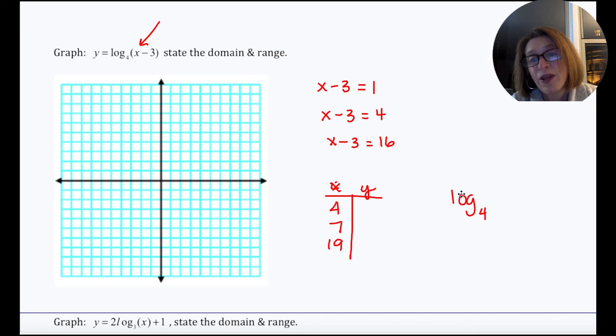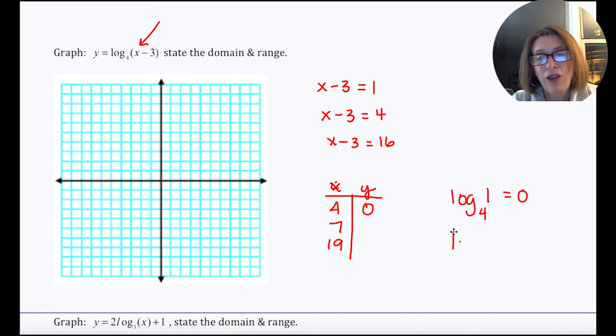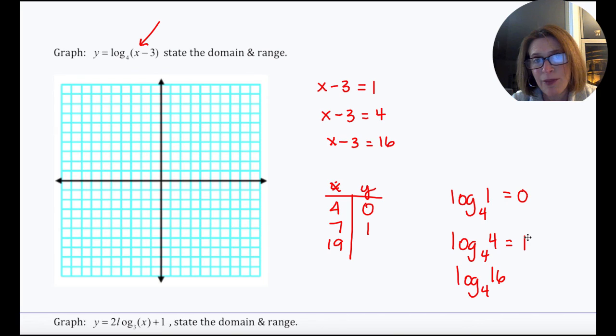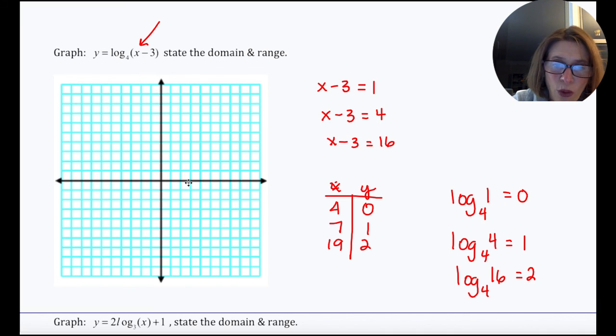Okay, so if I do that, if I plug in 4, I'm going to get log base 4 of 4 minus 3, which is 1. We know that 4 to what power equals 1? 4 to the 0 power equals 1. All right, next one. Log base 4 of 7 minus 3 is 4. Why was that a pretty one? Because now I have log base 4 of 4. So 4 to what power gives me 4? It would be 1. All right, last one. Log base 4 of 16, because 19 minus 3 is 16. 4 to what power gives me 16? 2. So I have 4, 0,